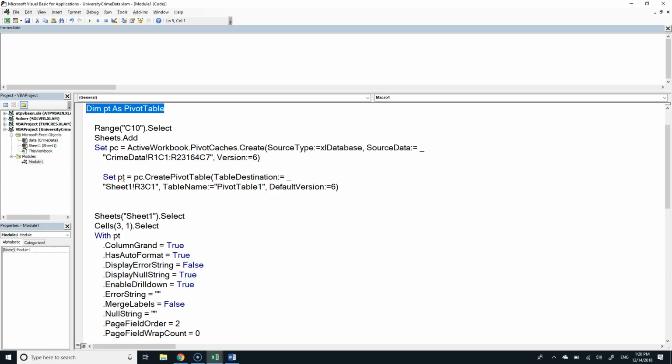So there's different versions of the pivot table object depending on which version of Excel you're using. Even though the default version for Excel 2016 apparently is version 6, you could say I want this to be an Excel 2010 style pivot table. There's apparently a reason why you may want to do that. I'm not sure what it would be, backwards compatibility or something.